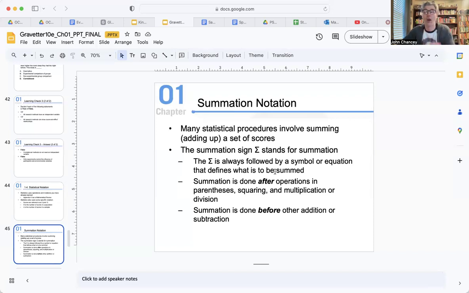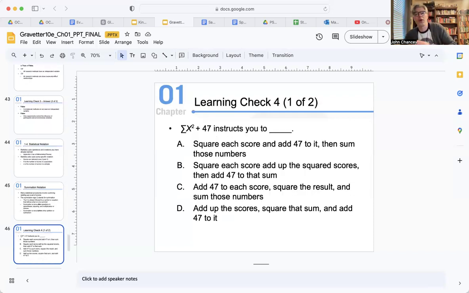If you remember from math way back in the day, PEMDAS, please excuse my dear Aunt Sally, the order of operations: we do parentheses first, exponents second, multiplication and division third, but then summation comes in between that, and then addition and subtraction. So here's a quick learning check to make sure you understand. If we have this equation here,